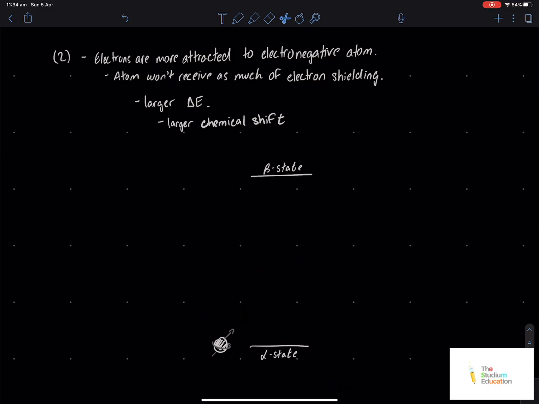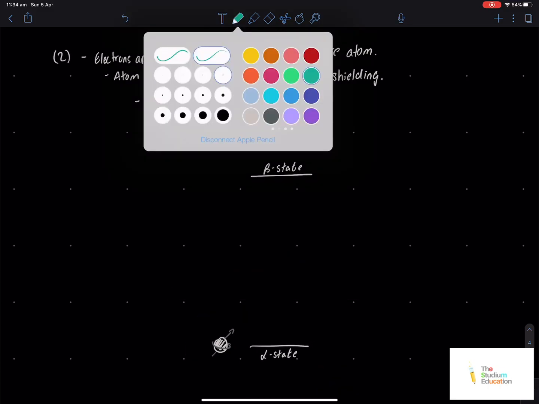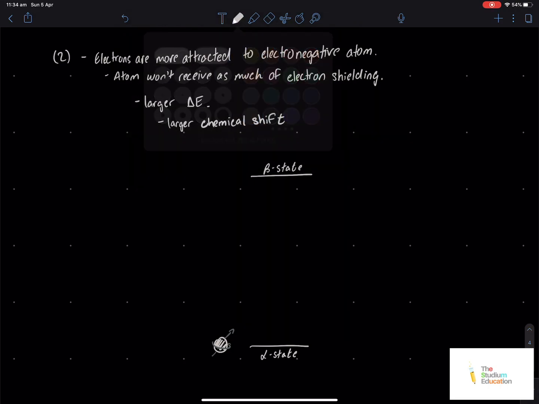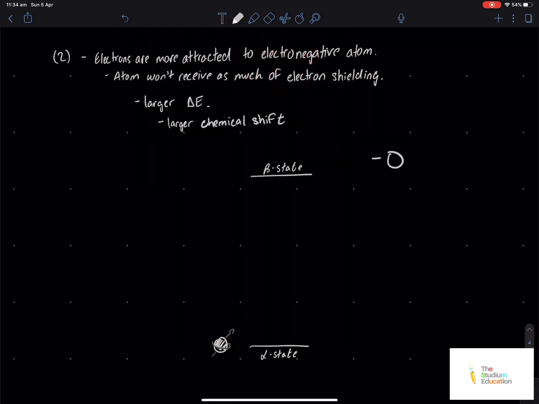Why? Well, let's actually see this OH. Let's change the color. Now let's see what actually happens. So we have this OH here, and we are examining this hydrogen bond. We're trying to capture the amount of energy it releases when it relaxes back to the alpha state. Due to this oxygen, which is an electronegative atom,